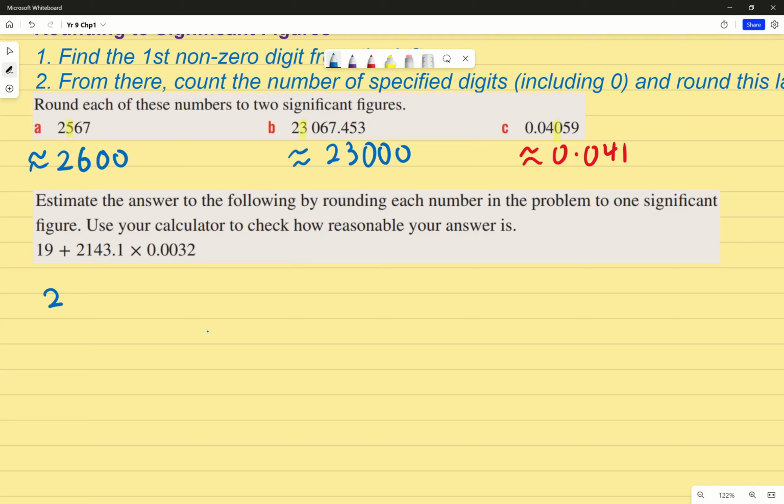Now with this 2,143.1, let's fix that up. How do I change it so it's only got one significant figure? It's only got one digit at the front that's not a 0. It's closest to, thank you very much, 2,000. And then I'm going to times it by that one right there. Instead of writing 0.0032, I'm just going to keep it at 0.003. Okay? And then you can approximate it to get a closer answer. Any questions? Okay. What I'd like you to do